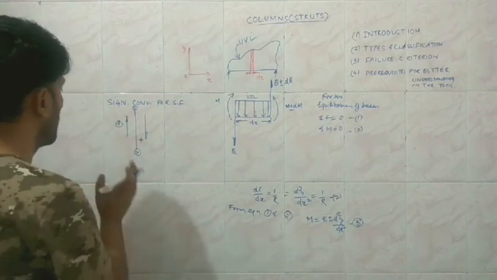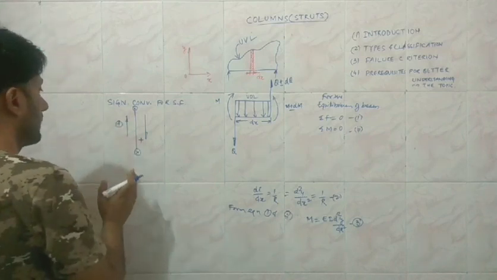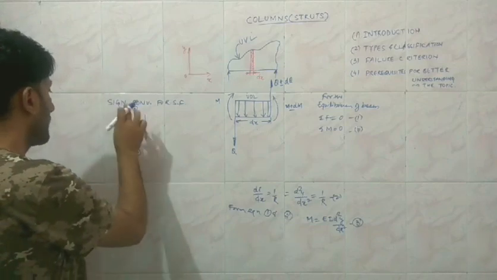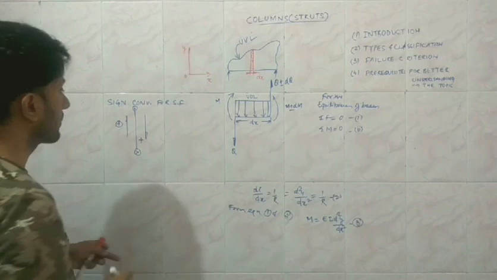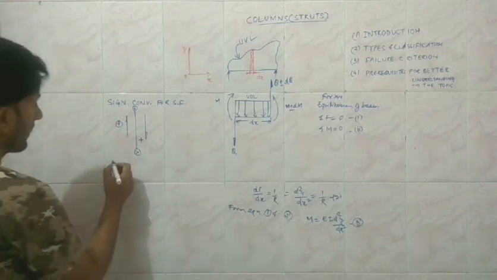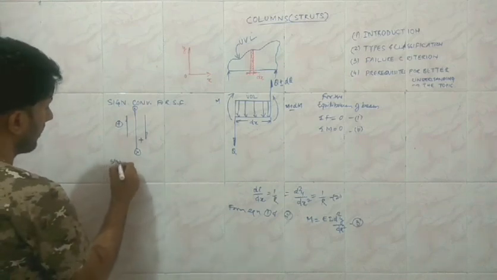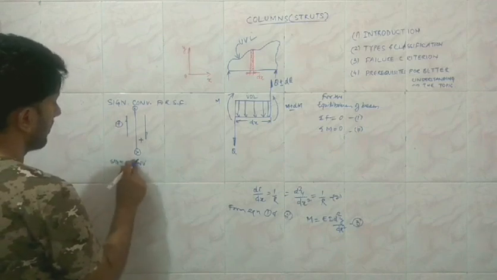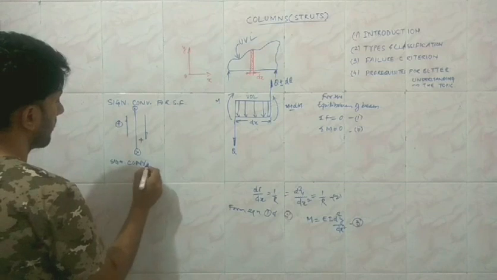That is, when we are dealing with the forces to the left of the section, then the upward forces are going to be positive, and when we are dealing with the right of the section, then the downward forces are going to be positive. Similarly, the sign